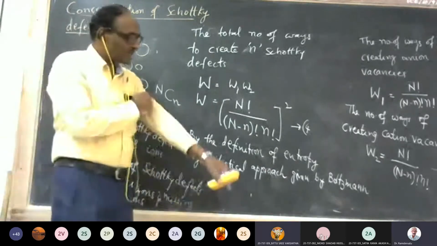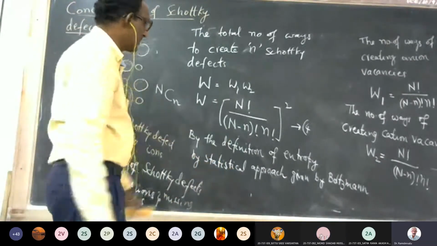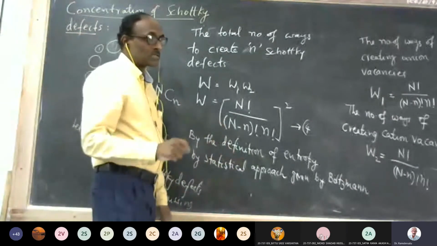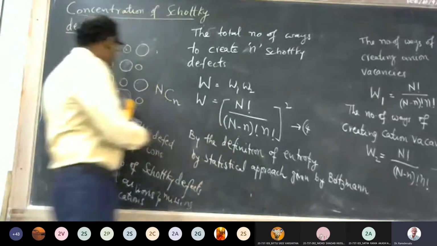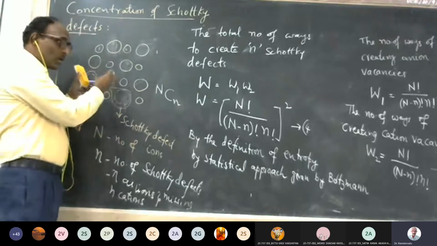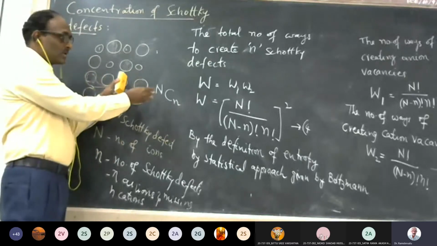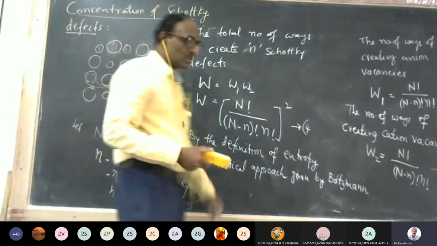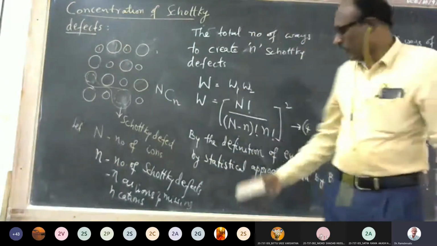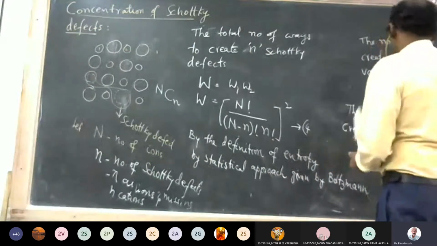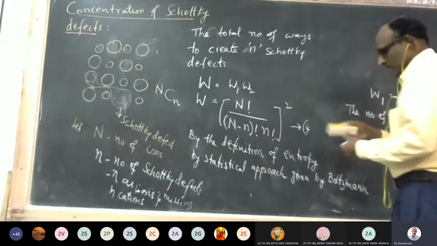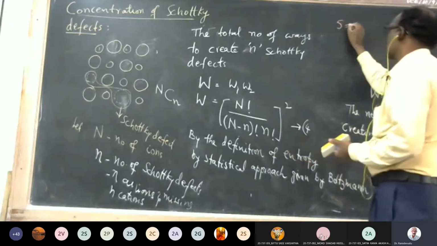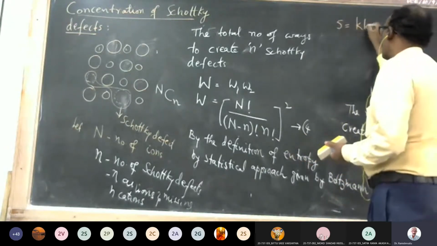Did you hear about the Boltzmann constant? Yes, sir. Boltzmann, whose constant we are using, has given another definition, which is called statistical entropy, because we are now looking statistically at the arrangements. It is a statistical distribution of how the atoms are distributed, and it is given by a definition which says that the statistical definition of entropy S is equal to K log W.